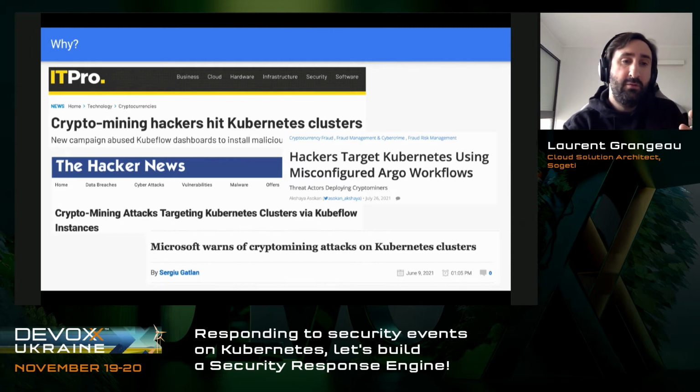For example, if you create a new cluster on AKS, on GKE, on AWS, it's open by default on the internet, and of course it's secured